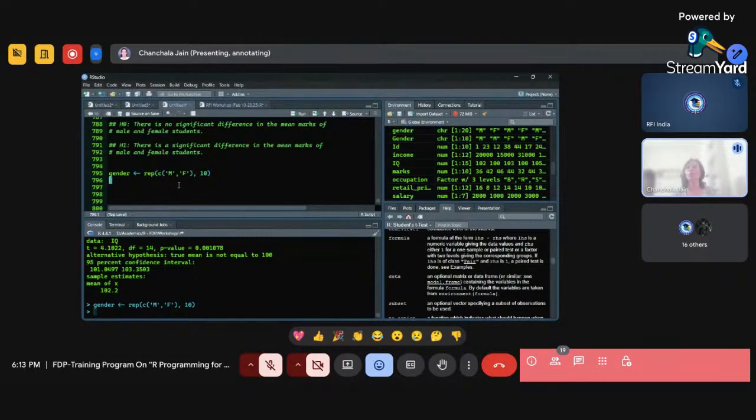Now I need to create one more vector which will be of the marks. So I'm creating a vector using the c function. Suppose the exam is out of 50 marks, right? So out of 50, I'm assuming some marks. So for example,